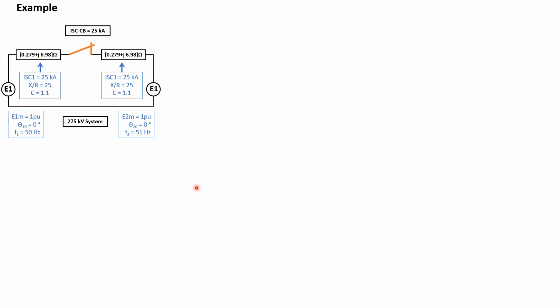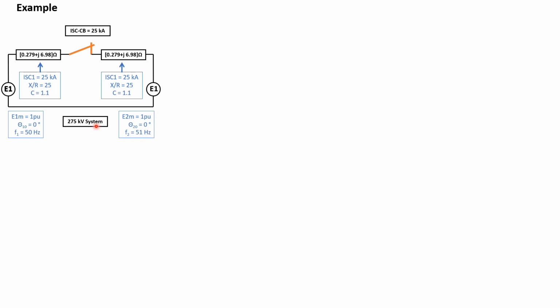So now we have this example here. Basically, on this side we have a 25 kA short circuit level with an X to R ratio of 25, and the other side is 1.1, basically equal to each other, and Z1, Z2 can be calculated. The voltage here is 1 per unit on both sides. The only difference is that the frequency of this side is 50 Hertz and the frequency of the other side is 51 Hertz, a 1 Hertz difference. The circuit breaker short circuit rating is 25 kA. The system is